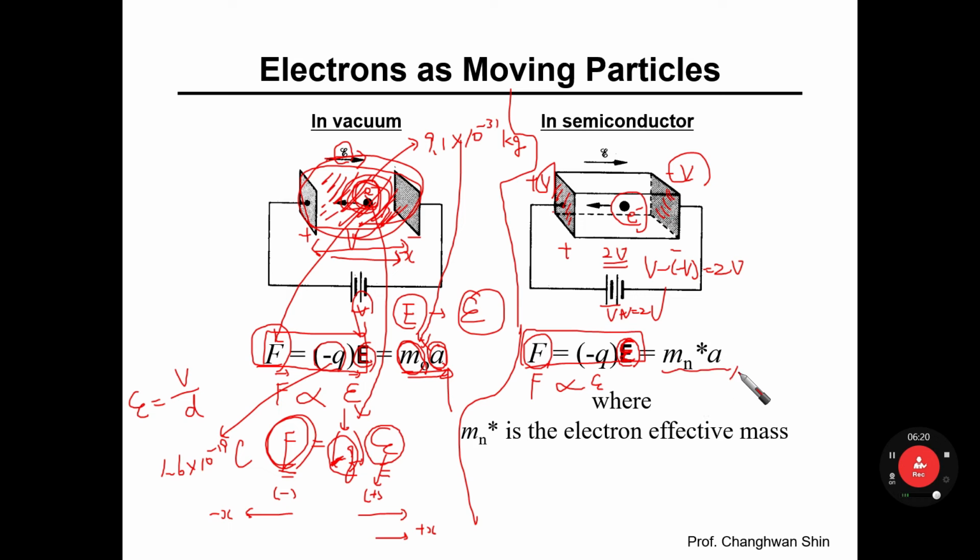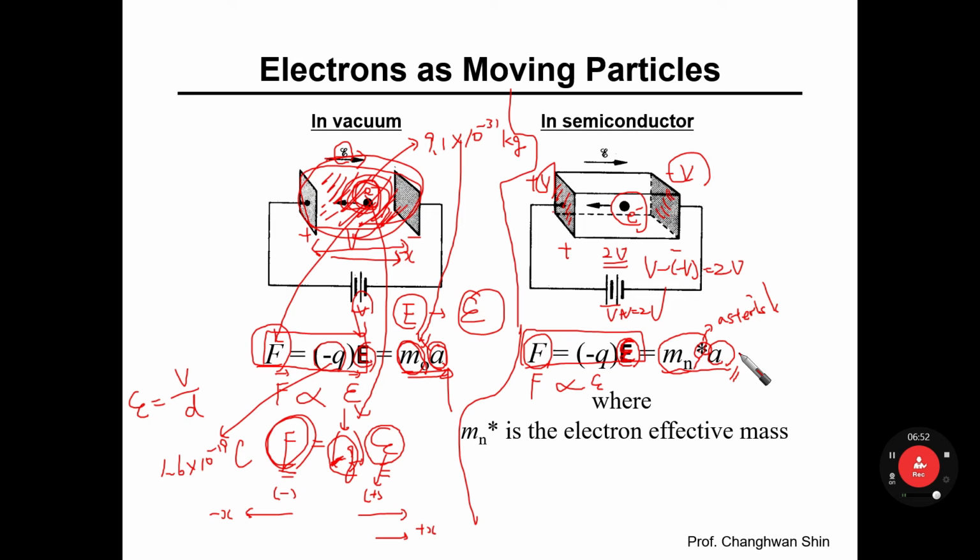And on the right hand side, you can see a single difference. Acceleration a is the same, but here it is m sub n asterisk. So this asterisk is a symbol to denote the effective mass. Instead of using a simple mass, once an asterisk is included as a superscript for a symbol,